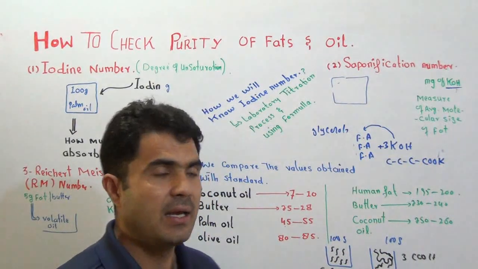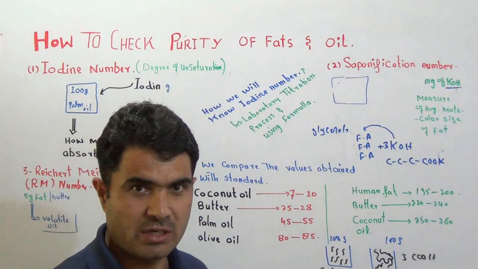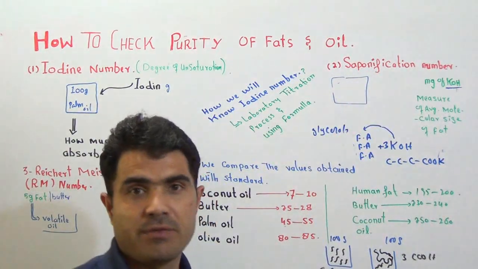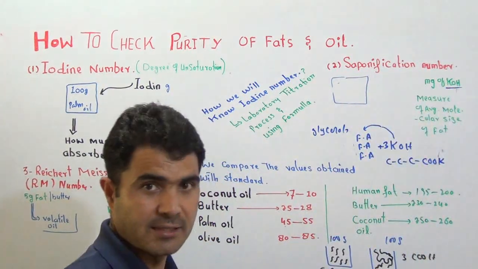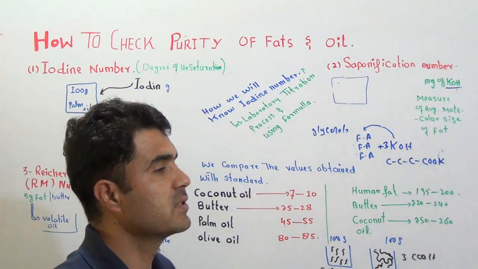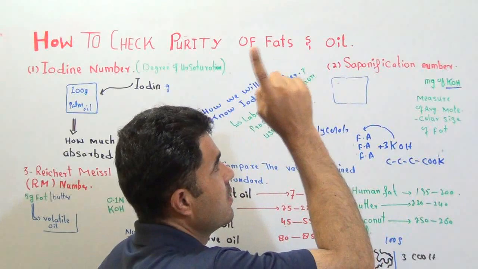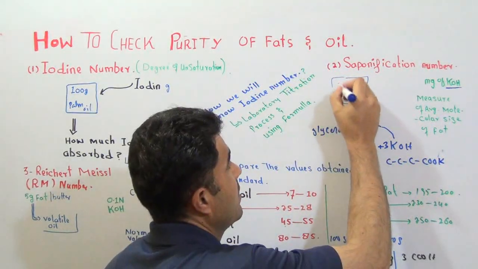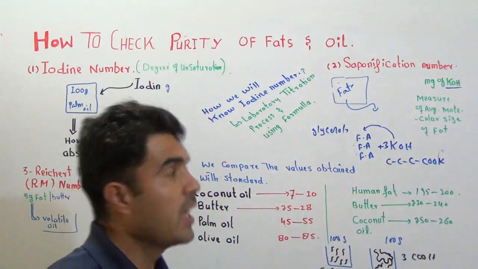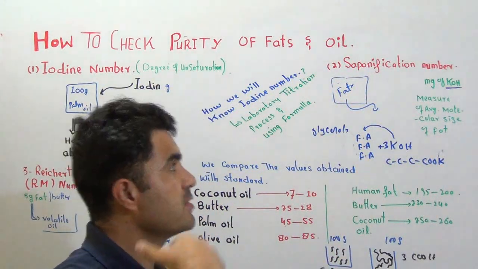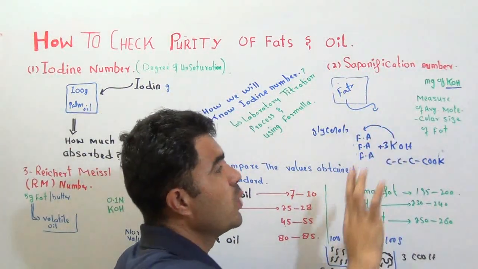So if you want to check whether the given fatty acid contains long chain fatty acid or short chain fatty acid, then you will perform the saponification number. In saponification number we will add potassium hydroxide, of course some milligram, 10 milligram, 100 milligram, whatsoever. We will react this potassium hydroxide with the fat, and then we will come to know its value. Maybe some 10 milligram, 100 milligram, some value will come to us,